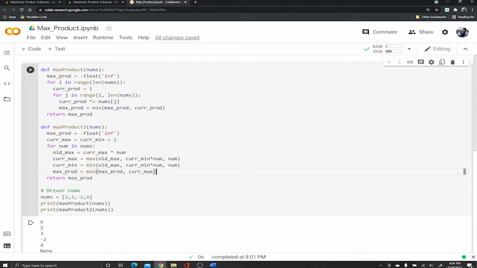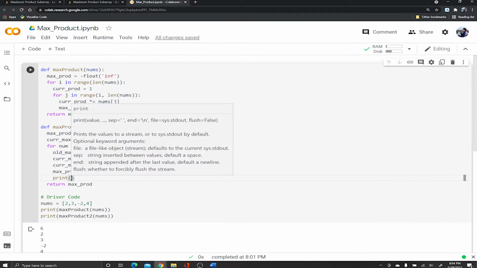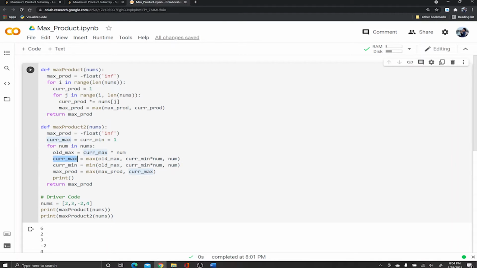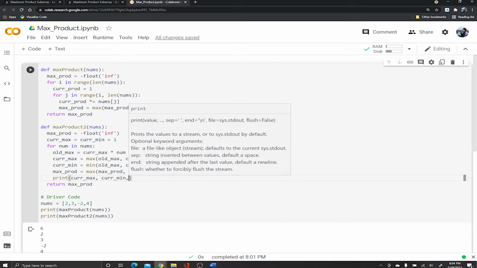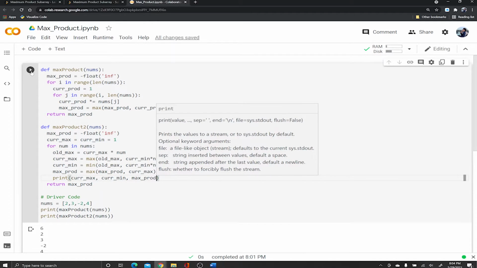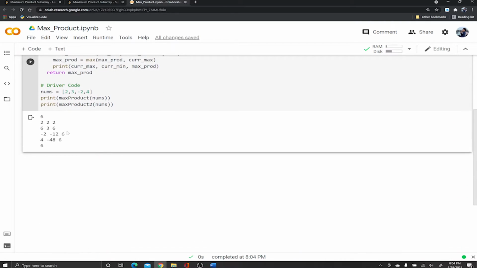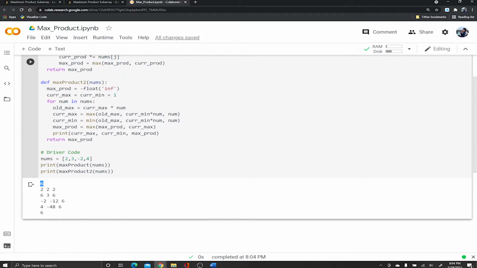And again, just so we can visualize, I want to print all three of these guys: current max, current min, and our running max product. Let's ignore this guy for now. At 2, current max is 2, current min is 2, max product is 2, obviously, because it's the max. Now when we go to the next one at 3, current max is 6, current min is 3, because he's smaller, and